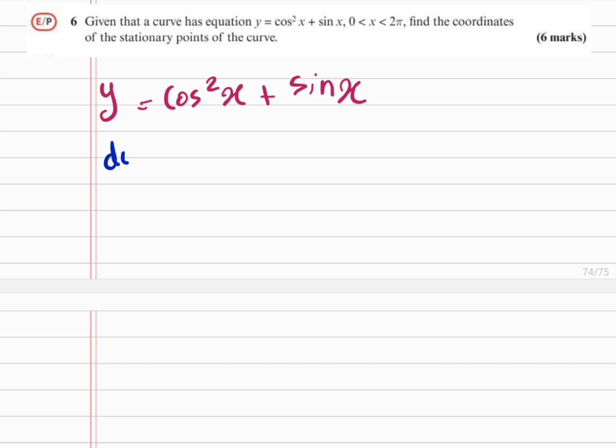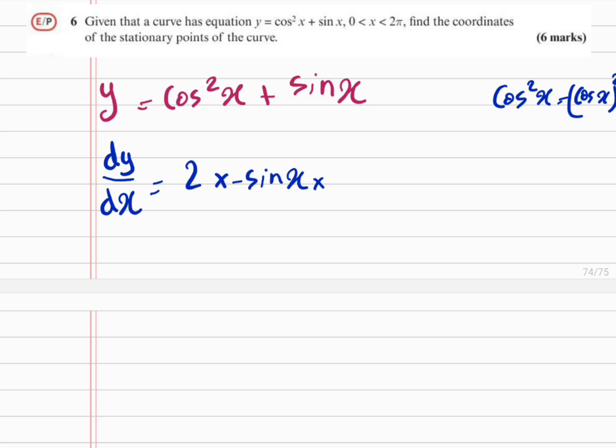So in this case, for the first derivative, we want to differentiate cos squared x, and we can use the chain rule because cos squared x can be just rewritten as cos x and then bracket is squared. So if this helps, you can always do this because this shows that this is the chain rule. The power comes down, and then the derivative of the inside, cos x, differentiates to minus sine x,